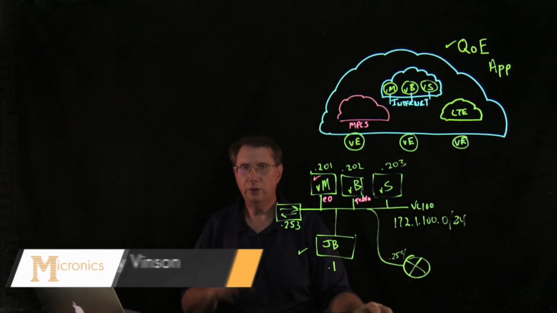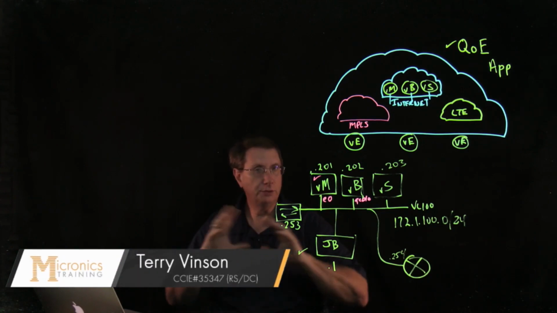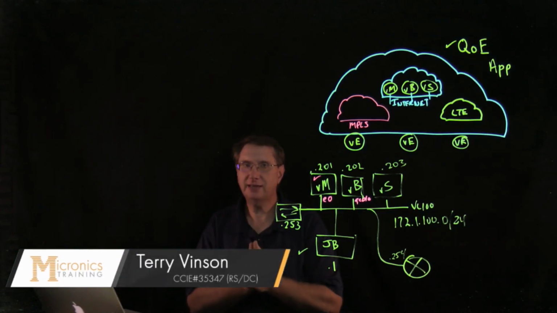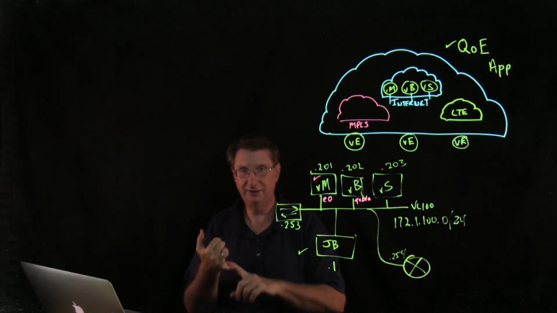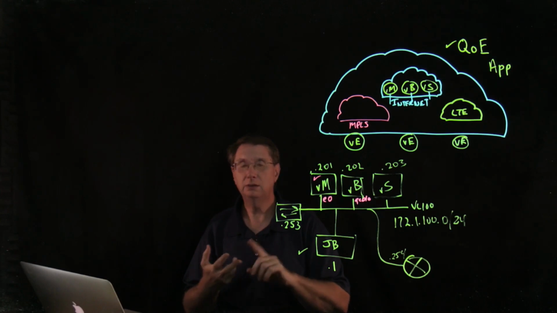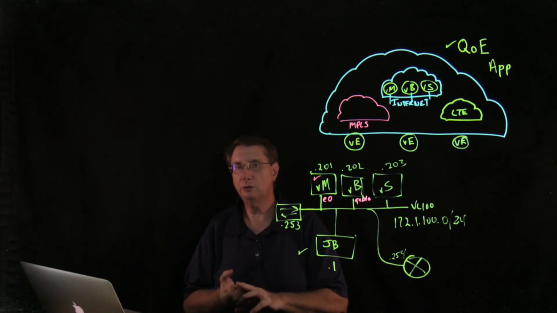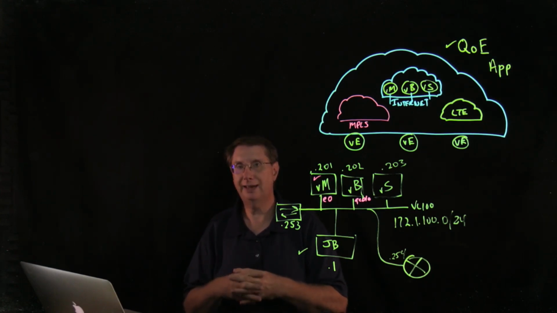Okay, we have built all of the reachability information. We've verified SSH connectivity and capabilities into each of the individual resources, meaning the vManage, the vBond, and the vSmart. Now what we want to do is start looking at how we're going to implement a certificate